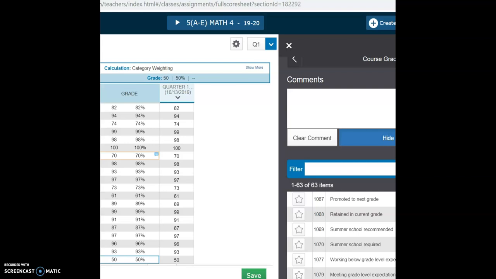For behavior, if you put unsatisfactory, you need to put a comment, and you should have already talked to the parent in person or on the phone about their behavior. This shouldn't be the first time that they've heard that their student has unsatisfactory behavior in class. So that is how to do the comments, and then I'm going to move to the next thing that you would do after